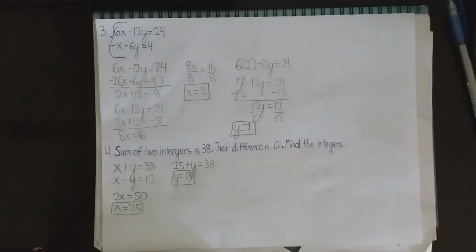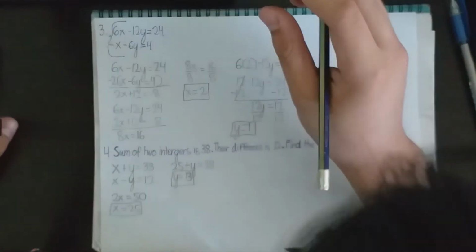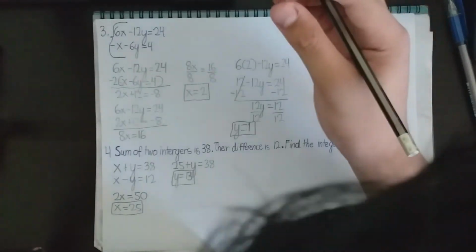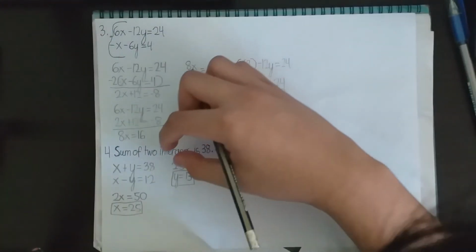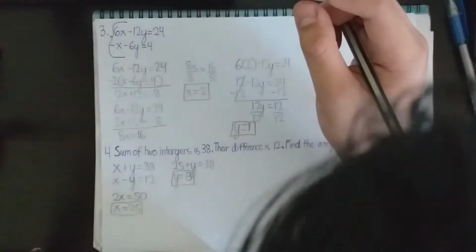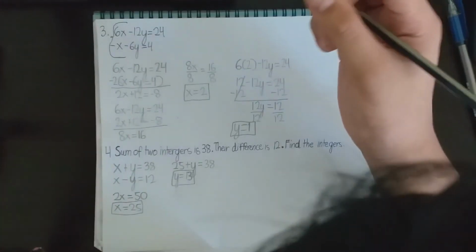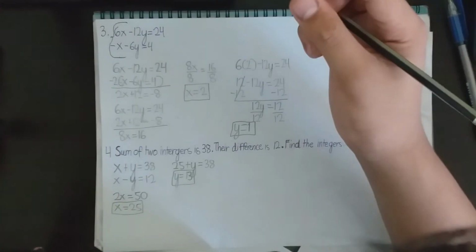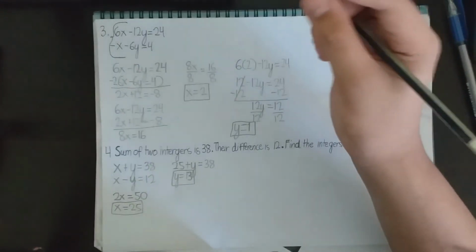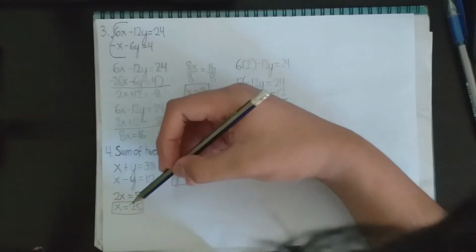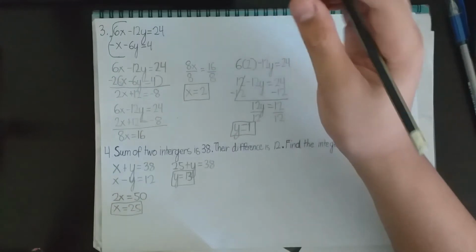So we'll be adding x plus x, which equals 2x, and also adding 38 plus 12, which equals 50. So we will be left with 2x equals 50, and we will be dividing both sides by 2, and we will have the answer 25,